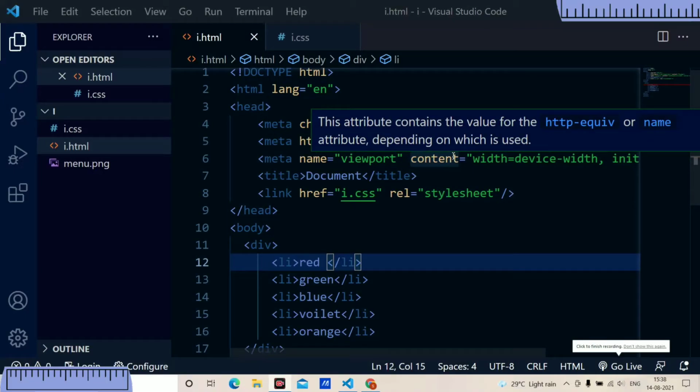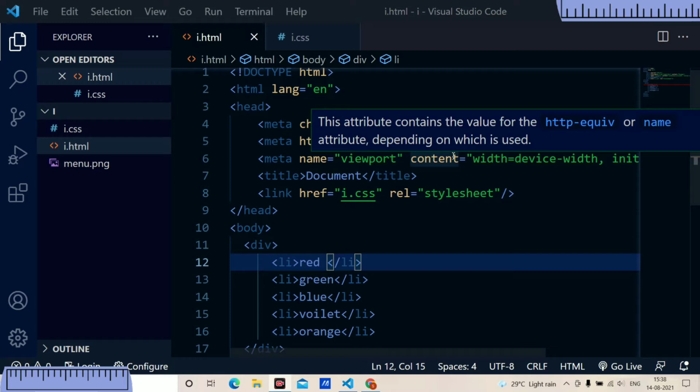This is the second video of the third topic of the CSS course. The third topic includes the background image, styling the list, and styling the table. We have discussed the background image in both the presentation and in VS Code, but we haven't discussed styling the list and styling the table using VS Code. Today, in this video, I am going to discuss that.